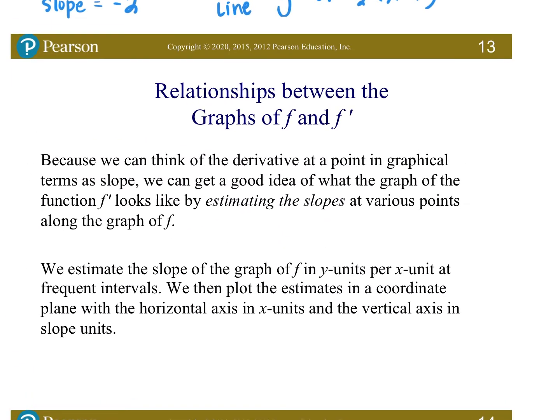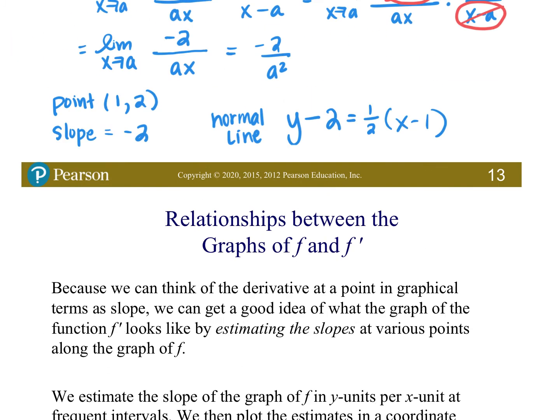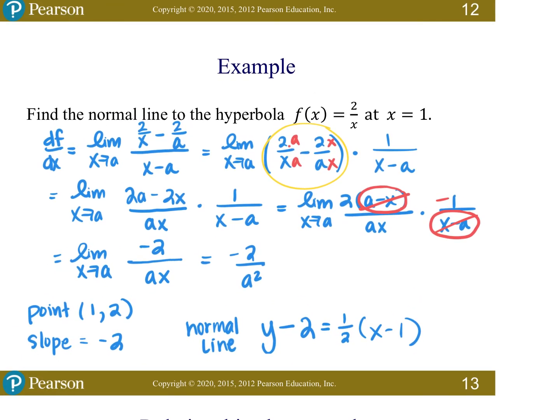Okay. So last thing we want to talk about. For the slope, you plug the x value into that final derivative? Yes. Okay. So we were plugging the x value in 2 places. You plug the 1 in here to get your point, but you plug the 1 in here to get your slope. But that's a tangent slope, not a normal slope. And then you take